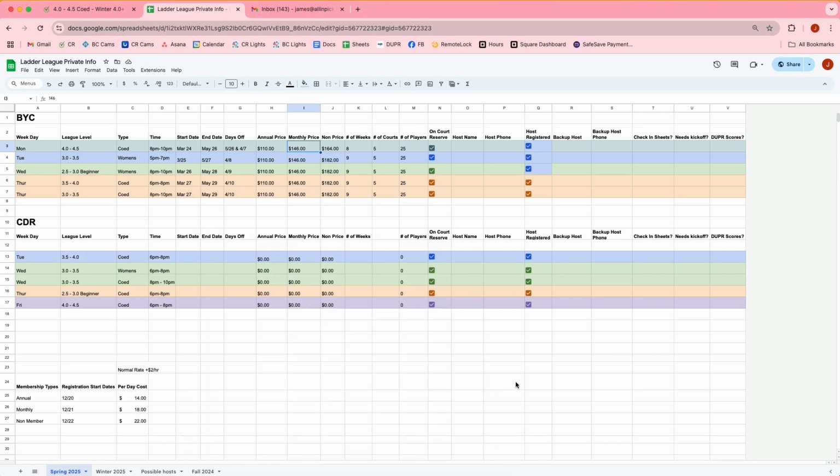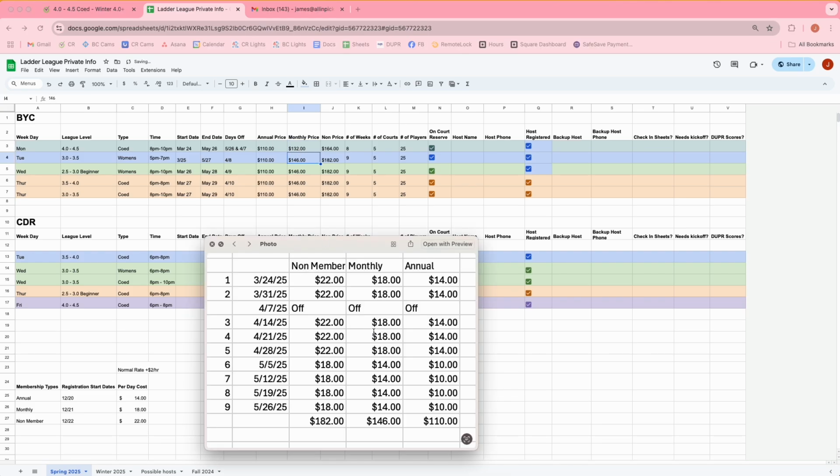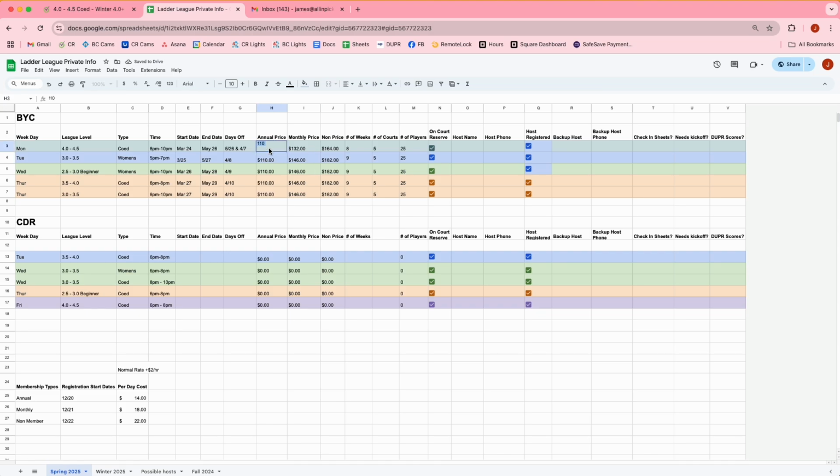164. Monthlies are minus 14, so it's 132, and then minus 10, it's 100. Okay, so this is the price. This is the pricing for the new leagues here. And like I said, when you copy this tab to the next session, you can make it where it auto calculates. If it all falls under the summer price, you can just link it to this price and it'll